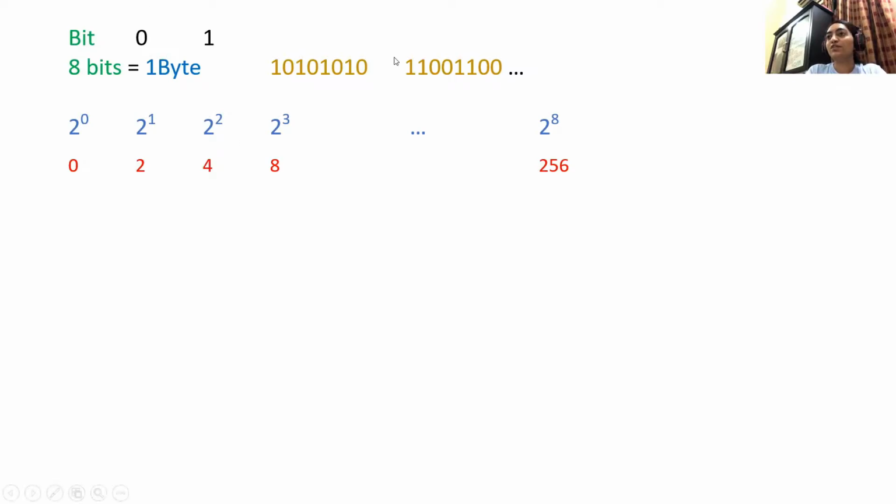Now, for example, when I say 2 raised to power 1, that means it contains two combinations, that is 0 or 1, right? And if I say 2 raised to power 2, that means it contains four combinations: 0 0, 0 1, 1 0, and 1 1, right? So this is for 2 raised to power 2, and so on for 2 raised to power 3.